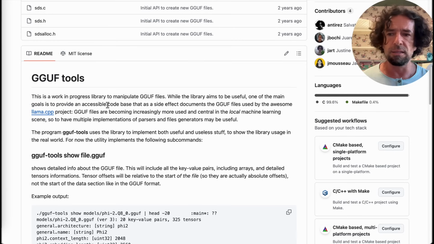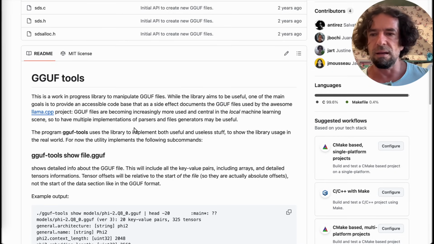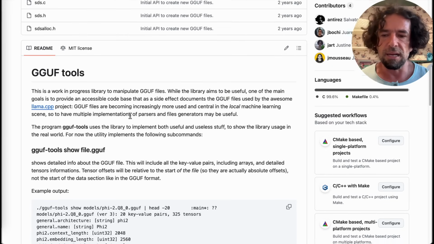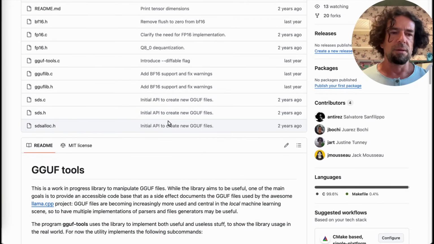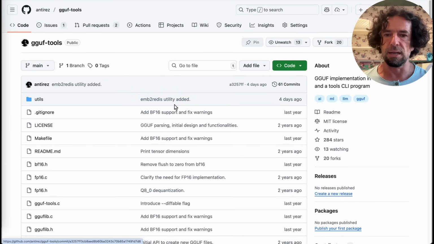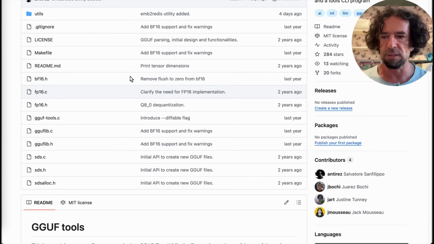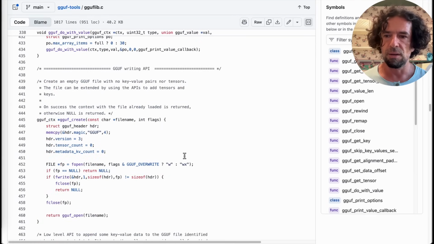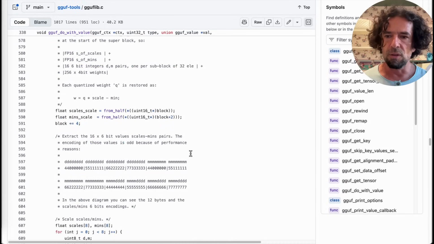And I didn't fail to mention llama.cpp, fortunately. And yeah, this is basically a serialization format, and this library implements the format in a more self-contained, clean way. So it's also some kind of documentation of the format itself. For example, if you check this C file here, you will see that all the quantizations